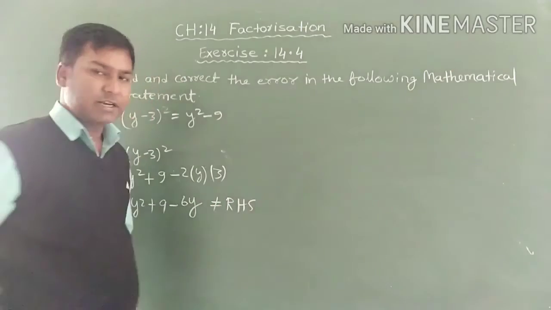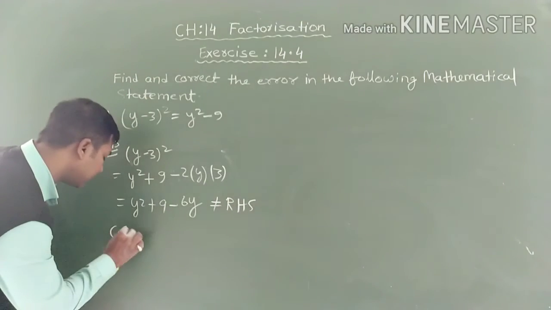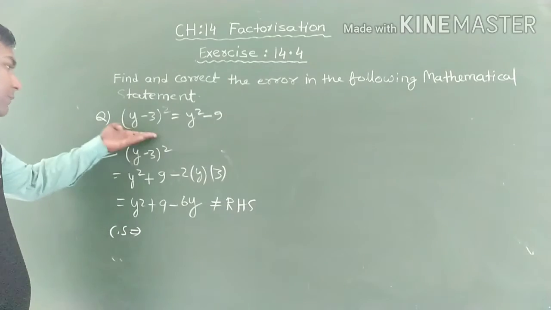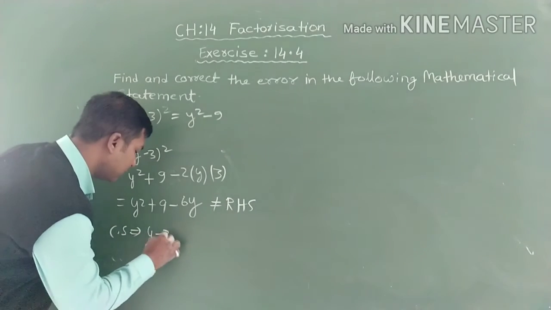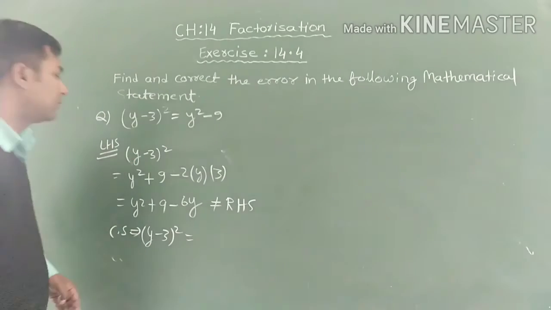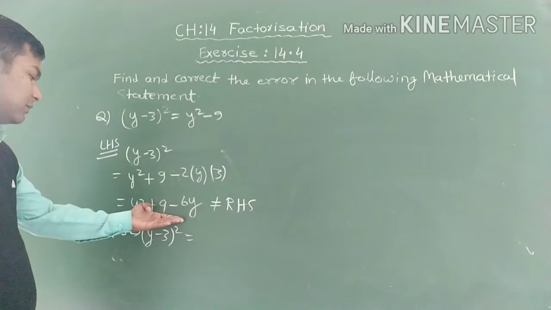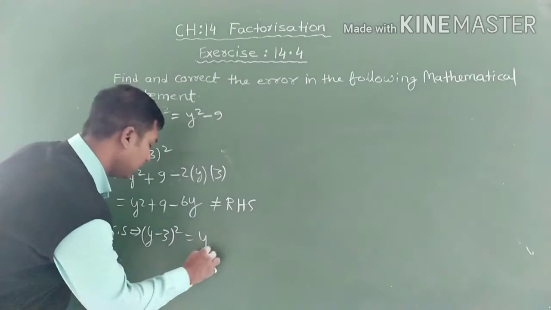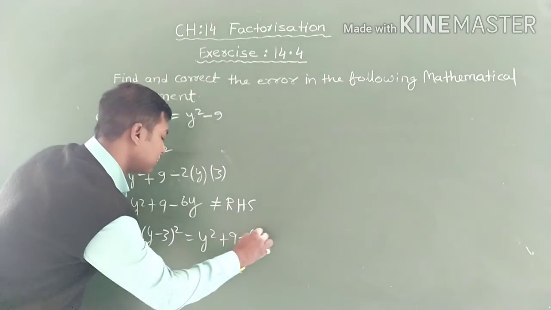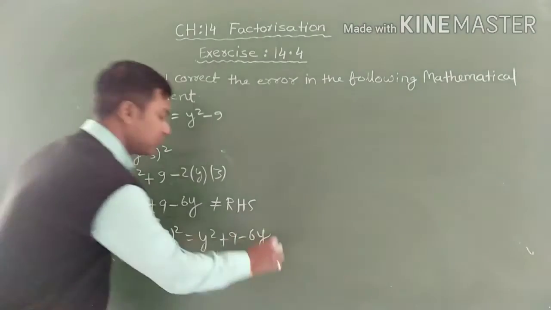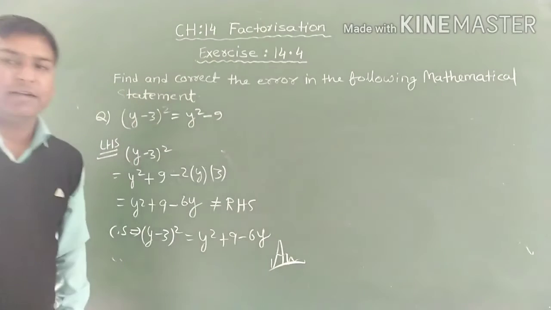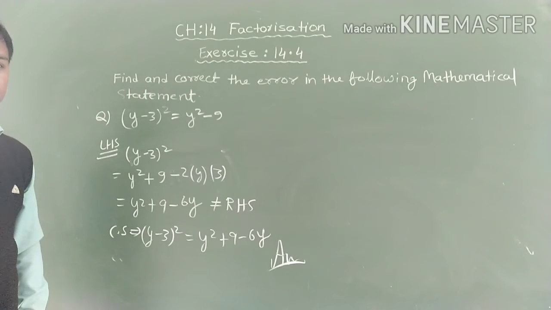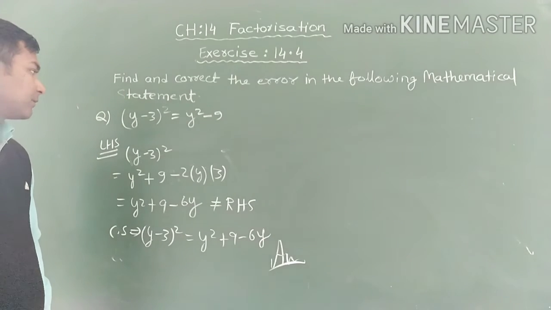And what is the correct statement? The correct statement is: the LHS part, that is y minus 3 whole square, equals y square plus 9 minus 6y. So this is the correct statement and this is the answer also. Now next one,